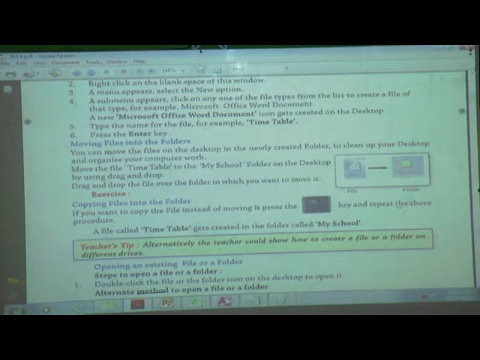We will see here. You can move the file on the desktop into the newly created folder to clean up your desktop and organize your computer work. Move the file Timetable to the My School folder on the desktop by using the drag and drop option. Drag and drop the file over the folder in which you want to move it.